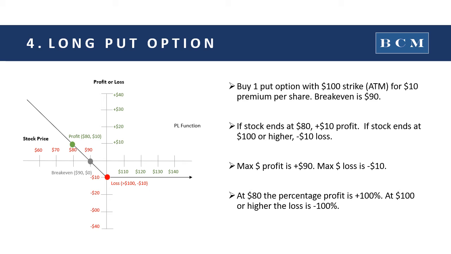So if the stock price moves from 100 to 80, our profit is going to be $10 below the 90 break even, shown as the green dot. On the other hand, if the stock price goes up above 100, we're going to lose our $10 in premium. That's shown as the red dot. That's true regardless of how high the price goes. So even if it goes from 100 to the moon, all we can lose is the $10 that we paid